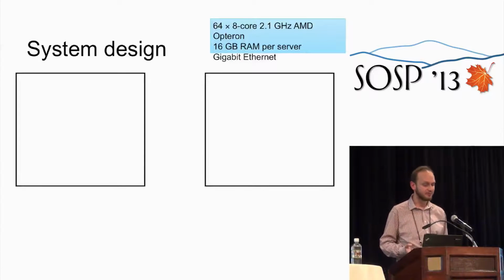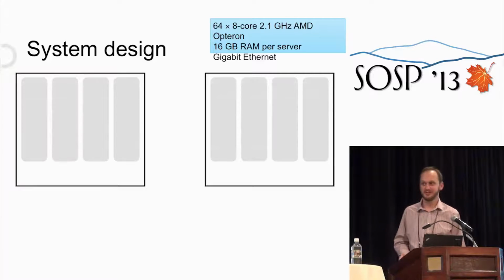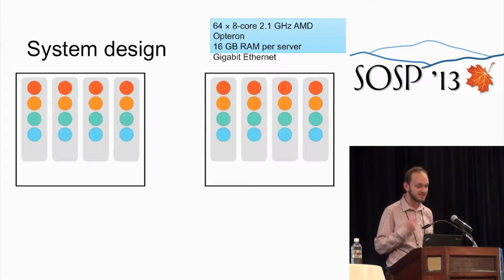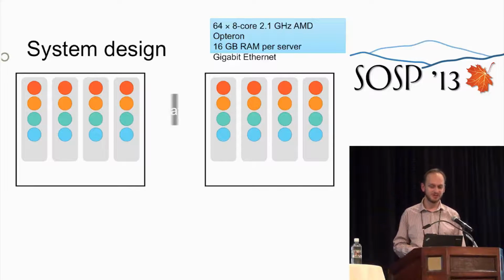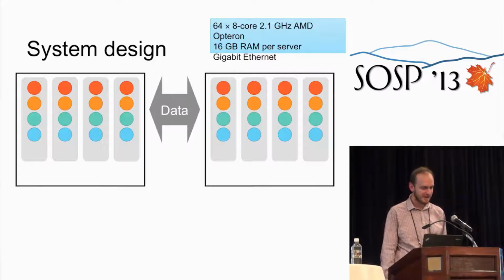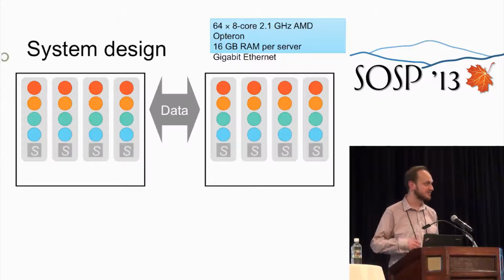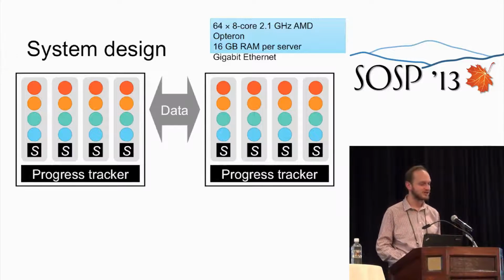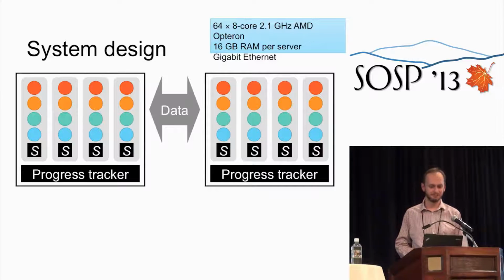We have a cluster that has several processes. Each of these hosts workers that are pinned to physical CPUs, and each worker is responsible for processing a subset of the vertices in the graph. Now, the processes know the locations of every vertex, which means they can push messages directly from the sender to the receiver, and remote messages are multiplexed over point-to-point TCP connections. The workers each have their own scheduler, which has its local approximation of the progress tracking frontier, and it uses this to make notification decisions. And this is backed up by a process-local progress tracker that runs the protocol, well, the optimized version of the protocol I just described earlier.